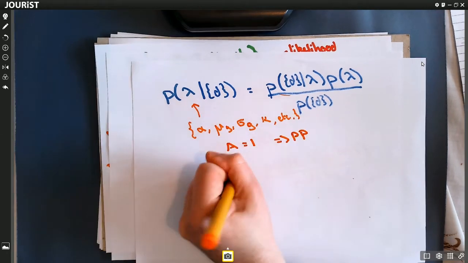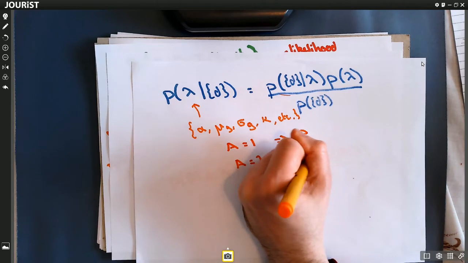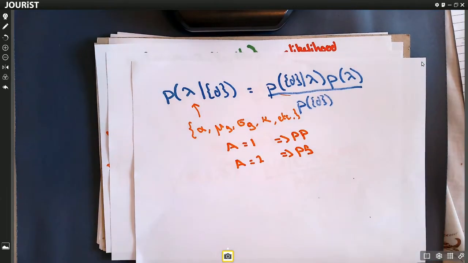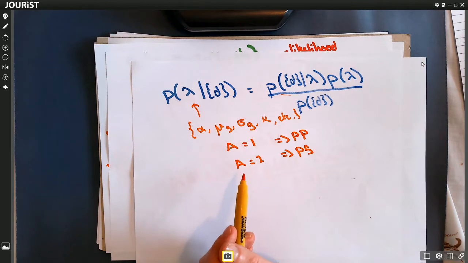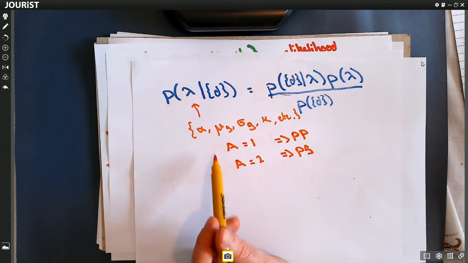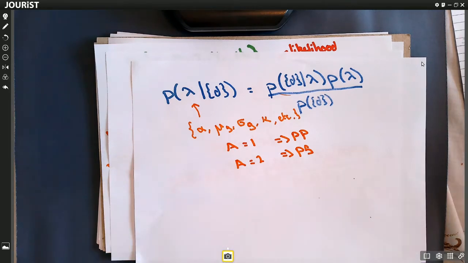If A equals 2, this could imply the power law plus spline model, and so on and so forth. Then we go through these. In practice, this is extremely difficult to implement in a realistic way. So one would not normally do a level of hyper population inference where we change the model like this, just because of the computational complexity of this. It's possible to do. You can write down the equations, but it is somewhat more complicated.